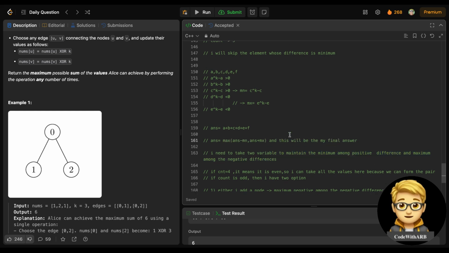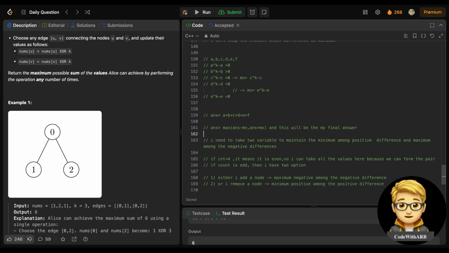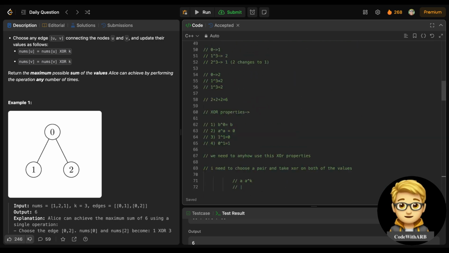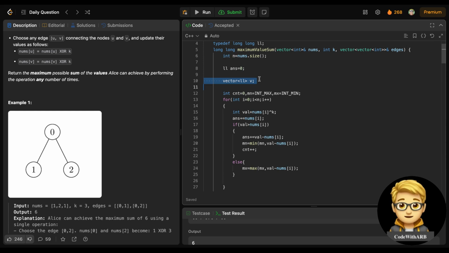And the problem was sorting, so that I don't need to sort it by storing it, right? So that's how I can save space and time both. So let's see how I will implement this, then you will get more clarity about this, right? So let's start. There is no need of this vector